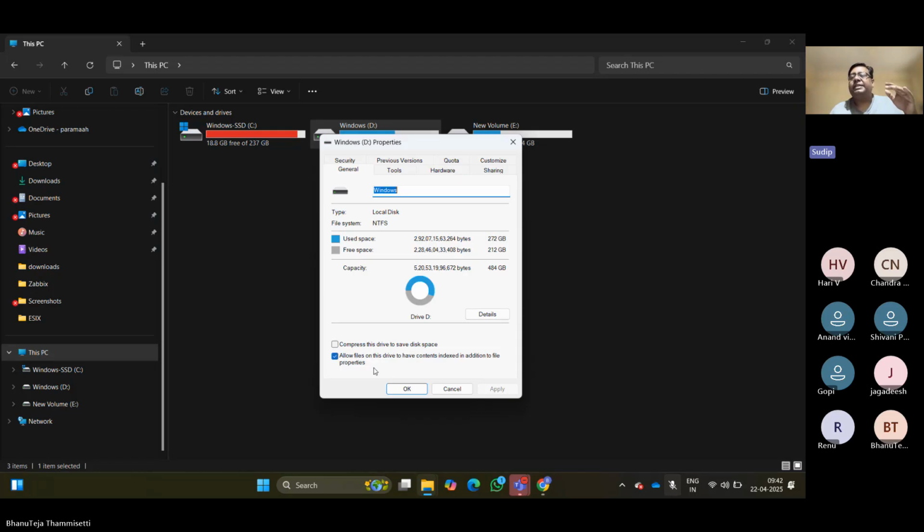Okay, see, this NTFS file system was developed in 1990, which means almost 25-30 years back. Okay, or probably more. I'm losing my calculations. Maybe 30-35 years back, right? Now, whatever mechanism they had developed at that time, do you think it will be applicable even after 30 years, after so many technology advancements? No. So, what they have done is